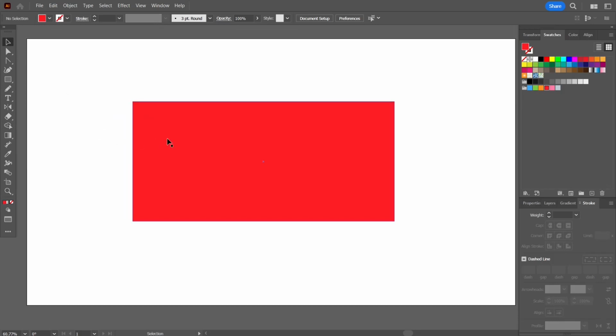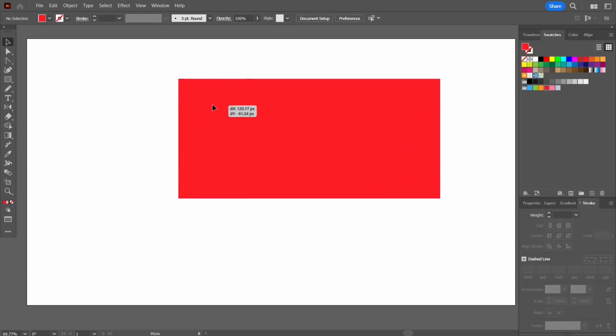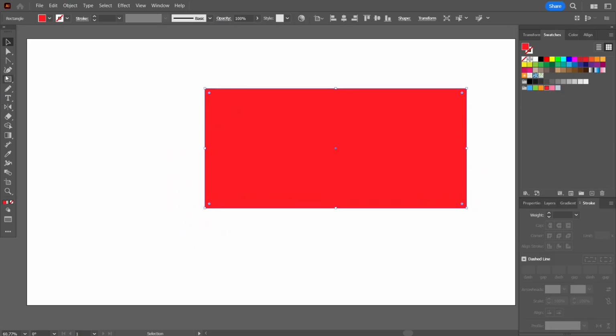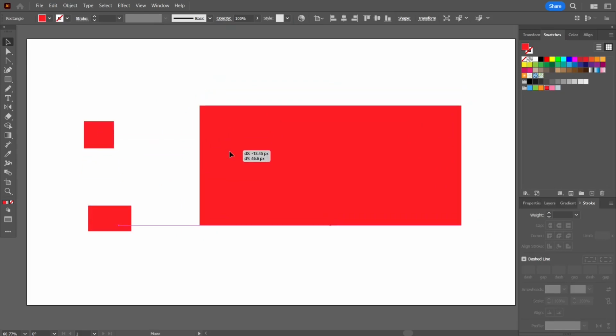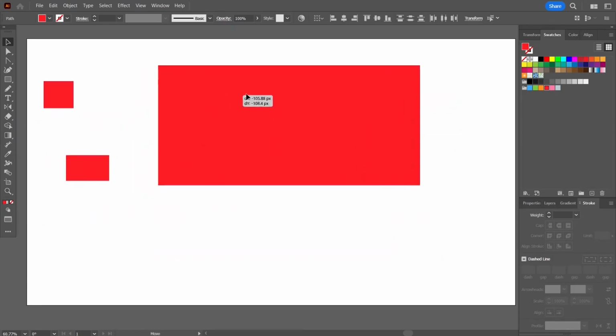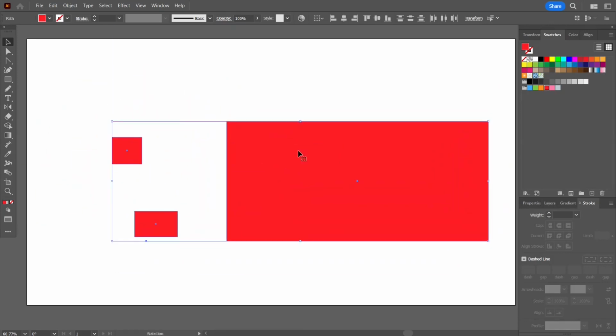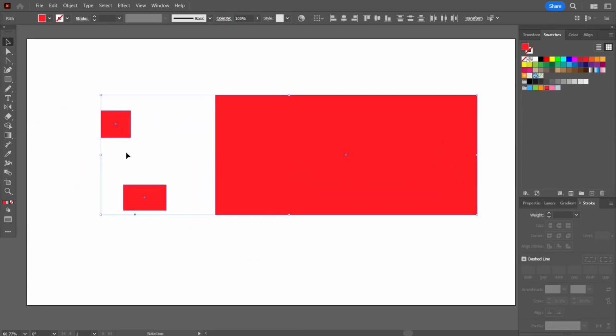So what this tool allows us is to move the complete object, or if I have multiple objects, I can press V. I can individually move them separately, or I can draw over it and select and move all the objects together. This is the first thing. I'll delete these two objects,